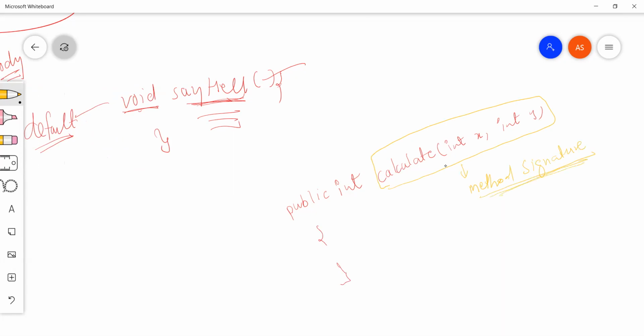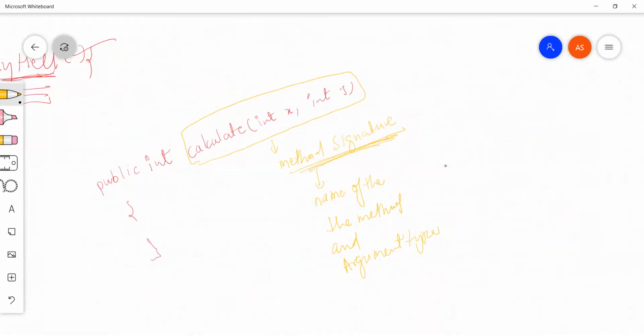We will be using this term a number of times later on, so that's why I'm telling. So method signature basically contains the name of the method and argument types. This x, y does not really matter. Only the type matters, whether they are int, float, char. So from this, let me take the signature. I will say this is not the correct answer, so I'm removing it.